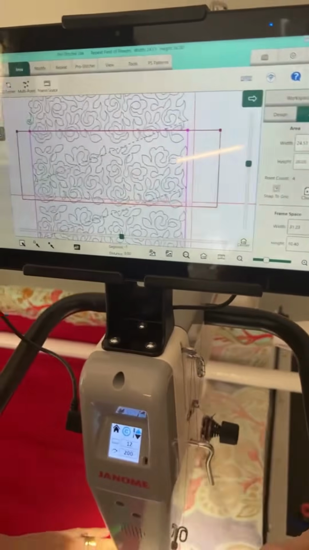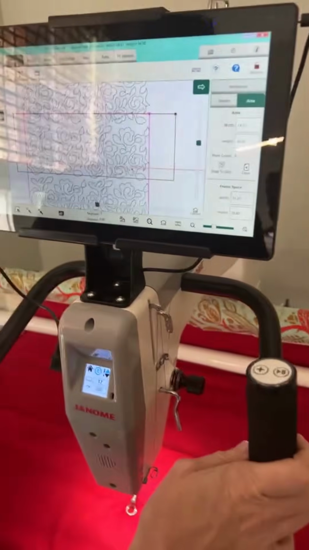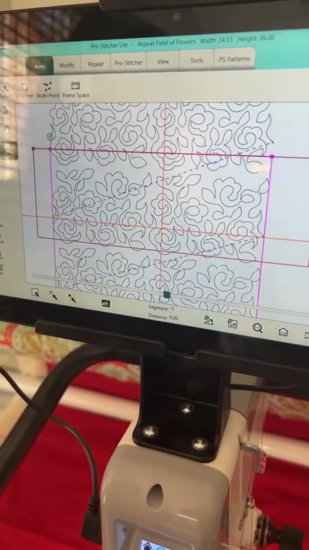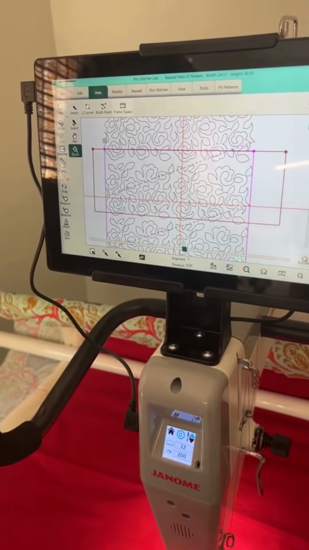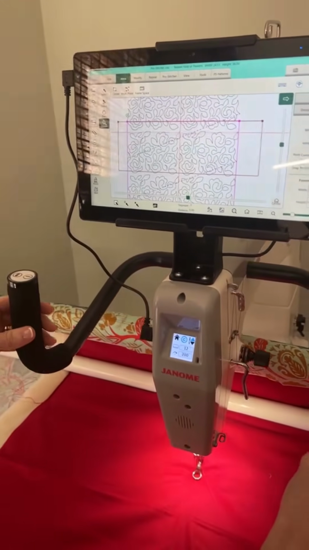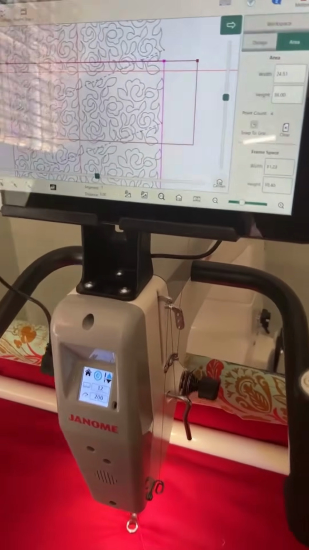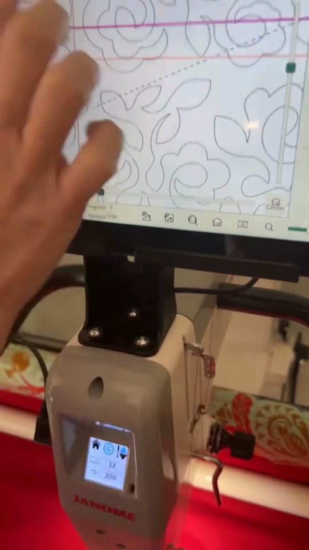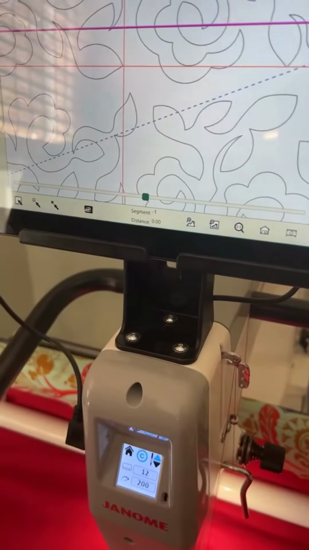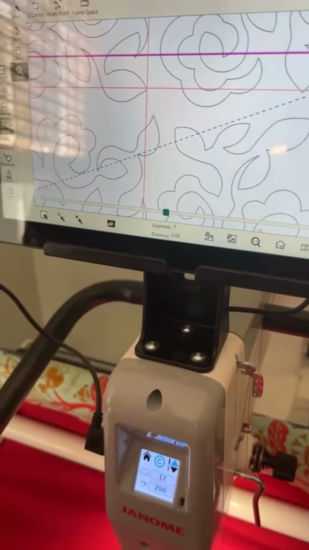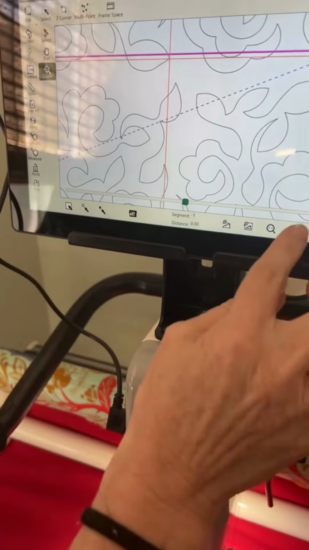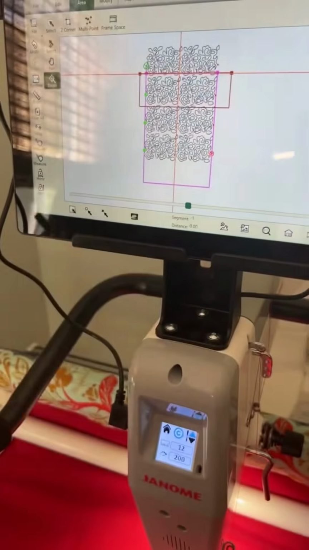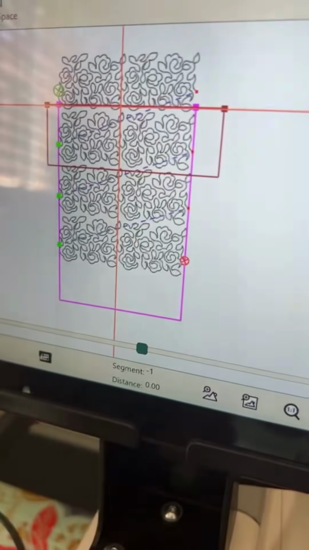Now I have a new maroon box, and if you look, my design is still not inside that frame space. So to fix that, so that I can quilt that second row without getting an error message, I'm going to come back up here to the same leaf that I used on the first row. I'm going to zoom in and make sure I'm being very accurate. And I'm going to select that drag feature, and I'm going to move and advance my quilt up a little bit more and drop it in place, refresh my screen, and see if now I can quilt that whole row,